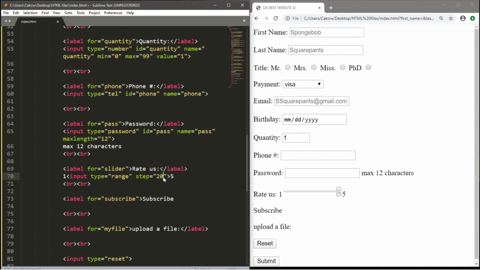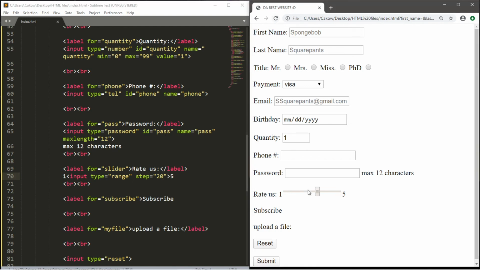However, if you made this 20, we would actually end up with 6 different positions then. So 1, 2, 3, 4, 5, 6. Even though 100 different positions divided by 20 is still 5, we always count 0 though with that.